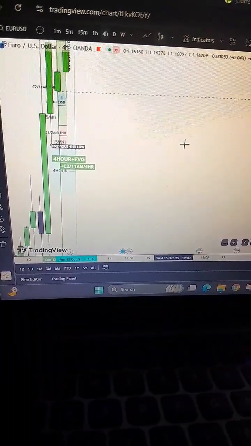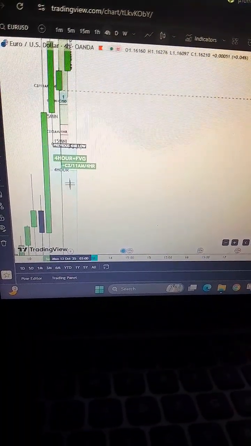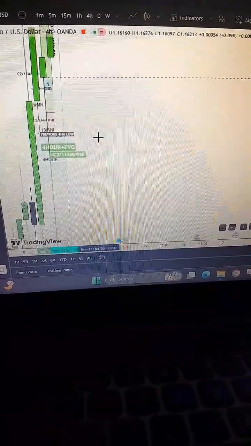This is known as CRT, right? So if it sweeps the low and closes back into the range, it's a bullish CRT. If it was a bearish CRT, it would sweep the high of the previous candle and then close back into its range, and then you would look for confluences to short, right? So in this case, price